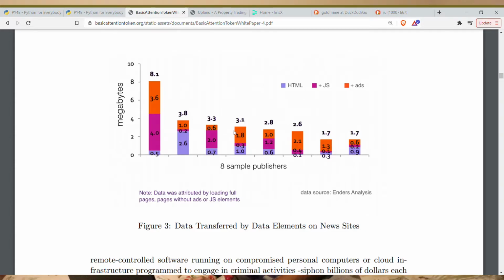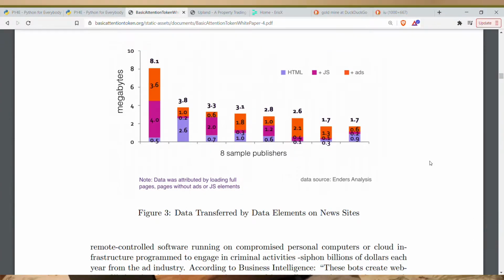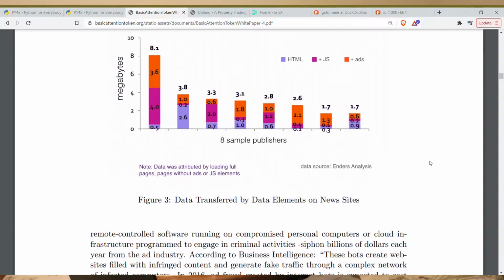So advertisements clearly take up a lot of internet data transferred, which is kind of crazy if you think about it. But that's the way the internet's supposed to be monetized, right? And you gotta make money, so it kind of makes sense in a way. You have to change the whole scheme of making money off the internet in order to change something like this, and that's what Brave is trying to do.